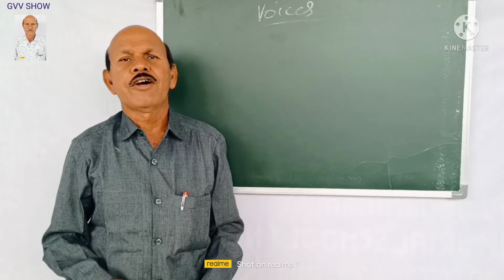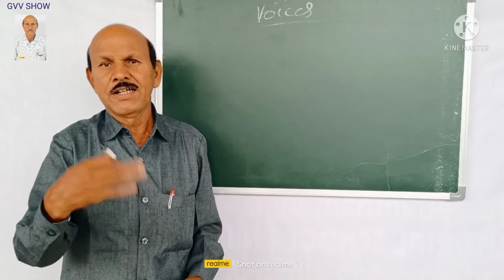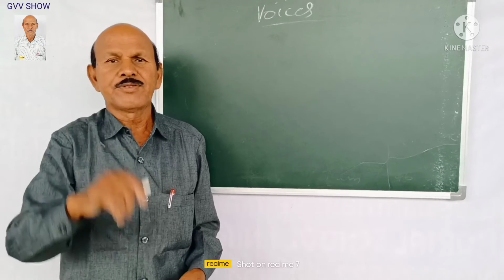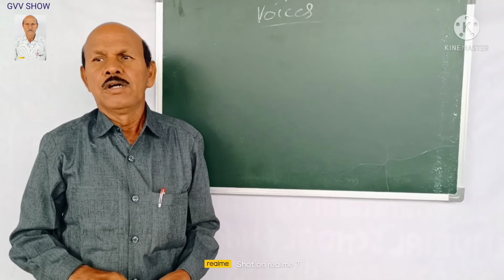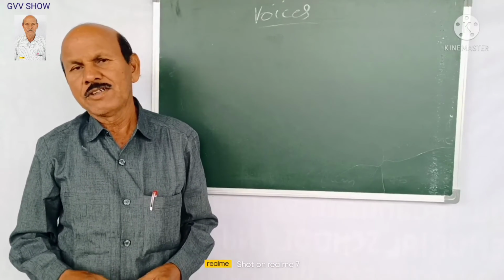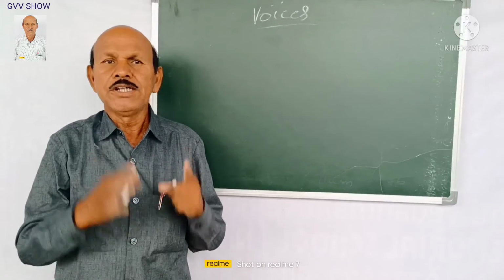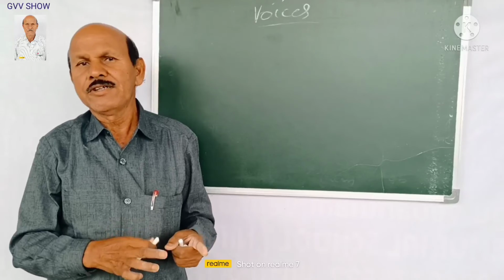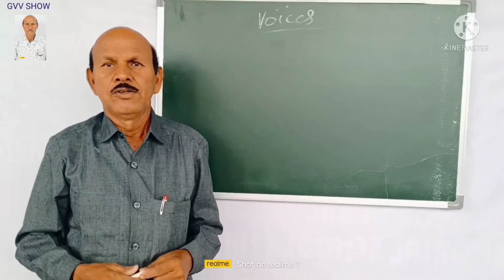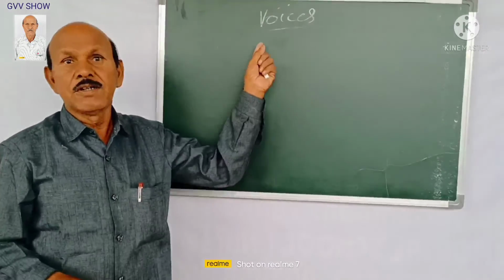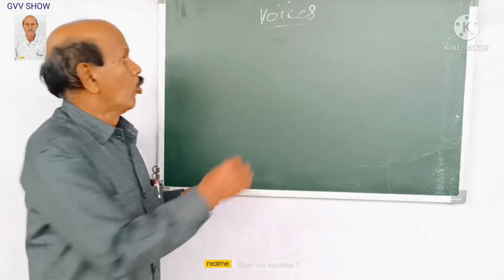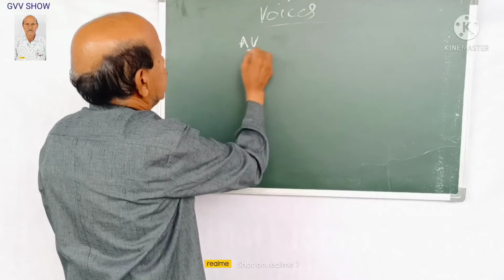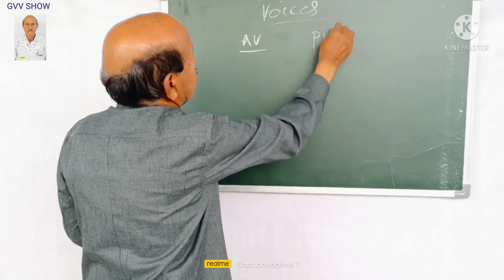We are discussing voices. So once again I am reminding, there are two types of voices, active voice and passive voice. So we found a new thing in active voice and passive voice. When an ed past tense word comes in active voice, it becomes was. So I am giving the voice words. How can we change active voice and passive voice? You note down. Active voice, AV. Passive voice, PV.